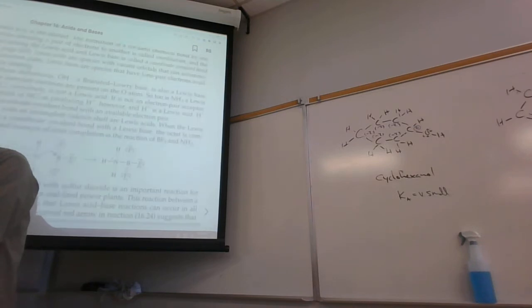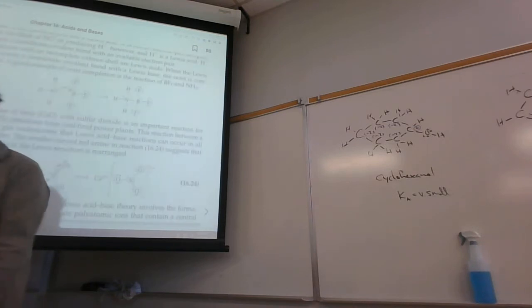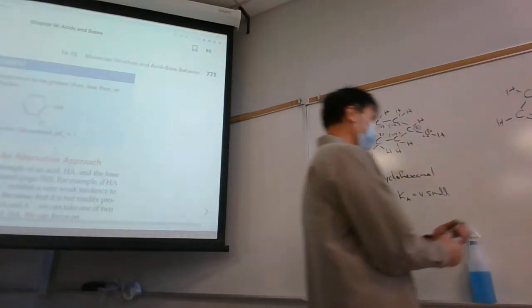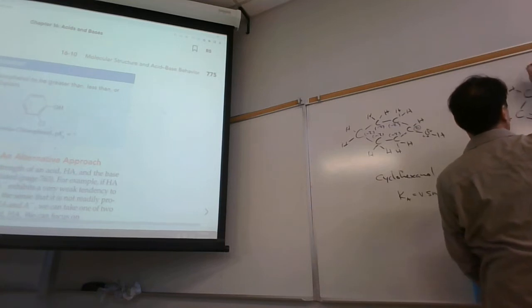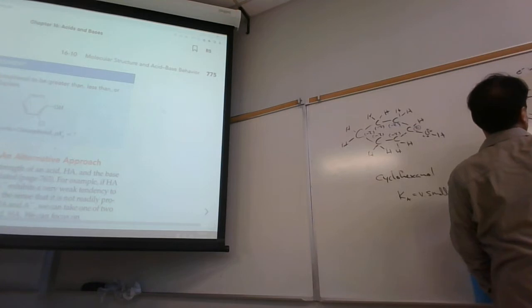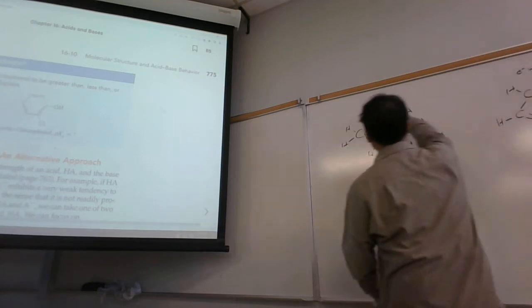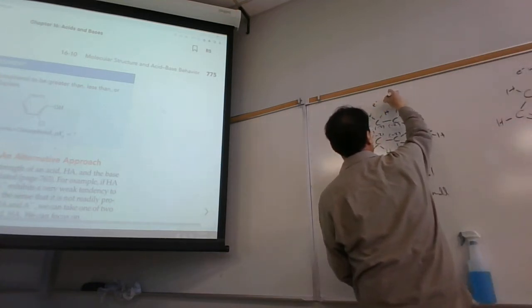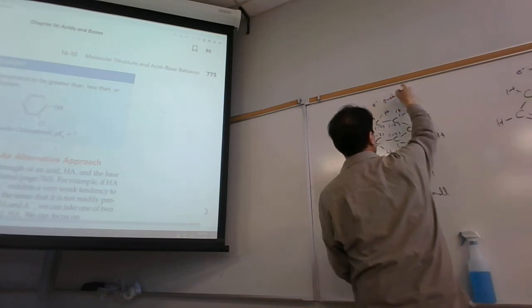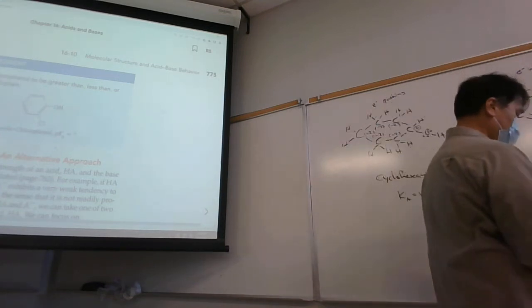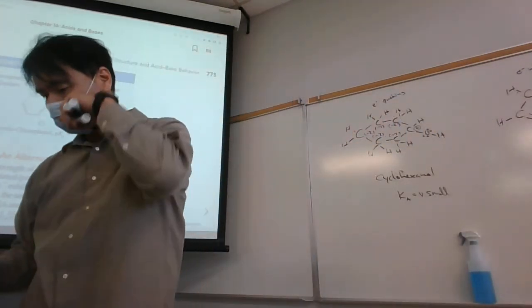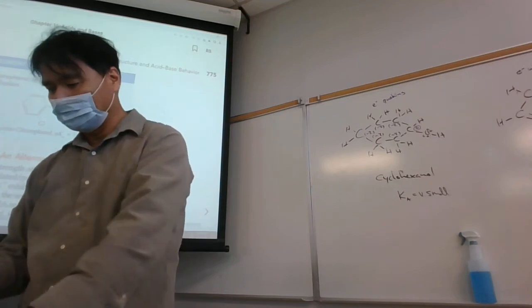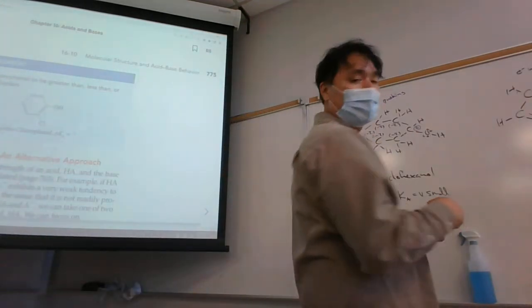Well, the benzene ring is very weird, because the benzene ring turns out to be an electron withdrawer. So this is an electron withdrawing group, while this one is an electron pushing group. Why is this one electron withdrawing? One reason is because of this: benzene has a